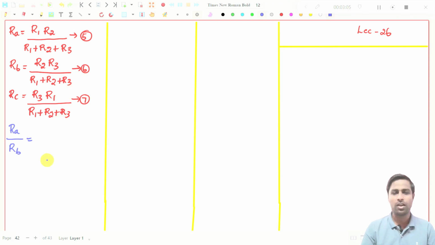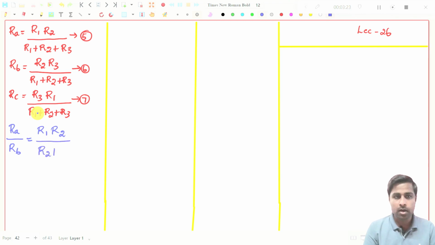I don't need to write that here, you know. Only the numerator and denominator will be divided. So you will get R1 R2 divided by R2 R3. Here we can cancel R2, R2. So finally we will get